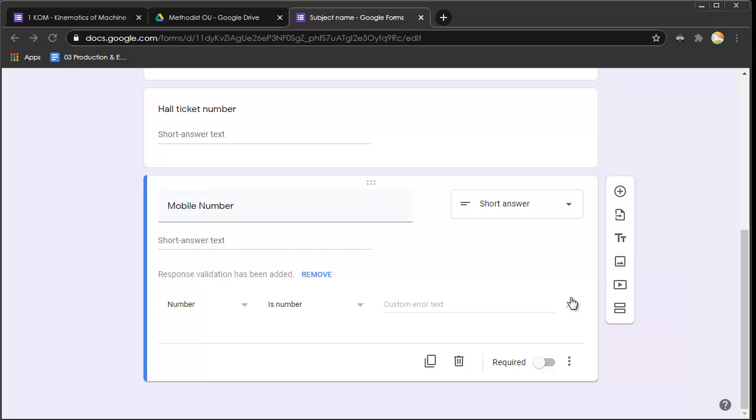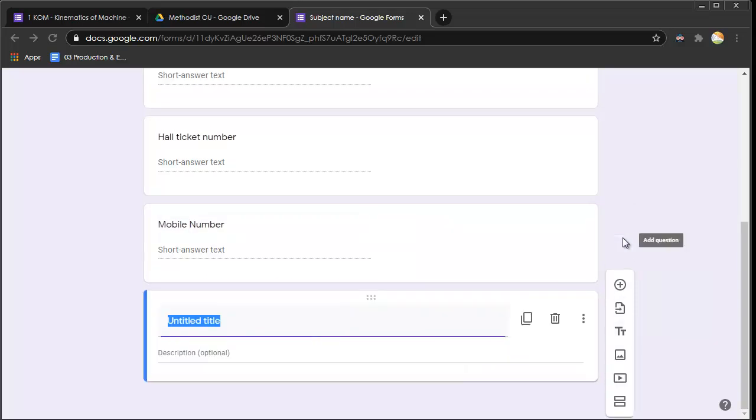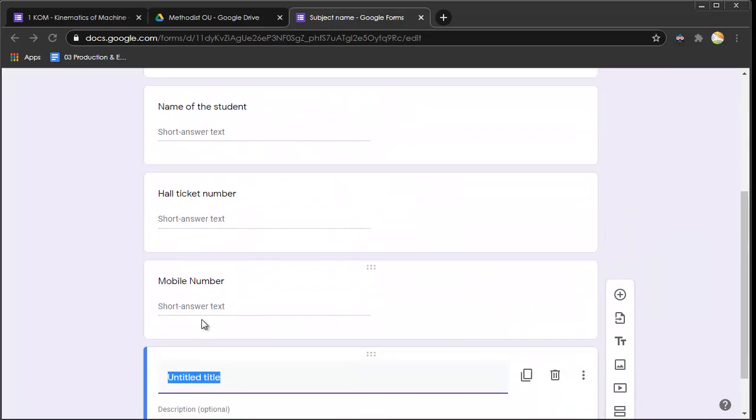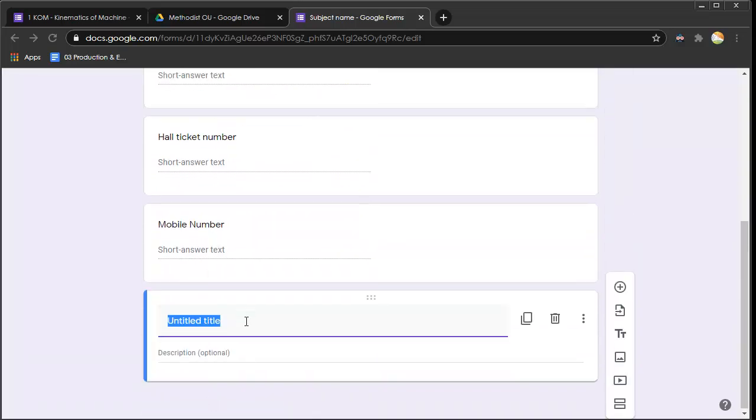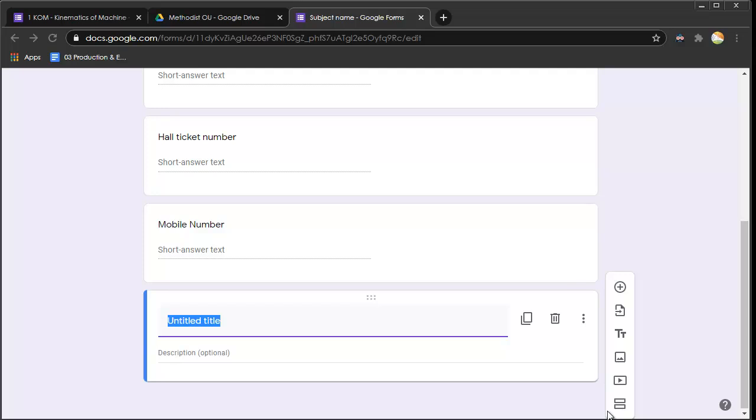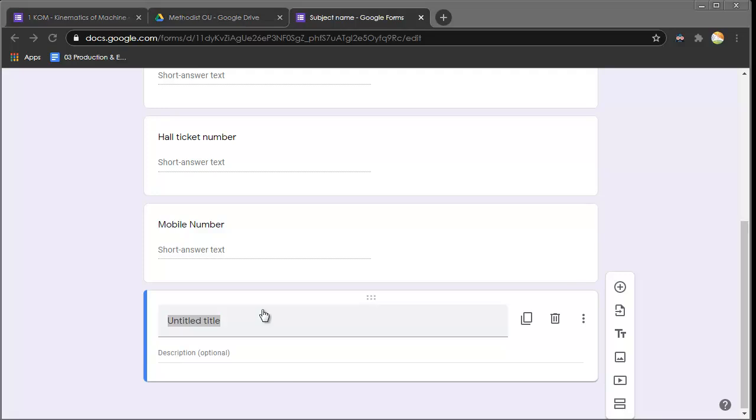Once that is done, we have to first include a title and description. The title and description will separate the information that is asked from the students from the rest of the questions. We can also go on to create a break or a section, which means once the details are collected, they have to click a next button to continue to the next page containing the questions. So I'll just go with the title.